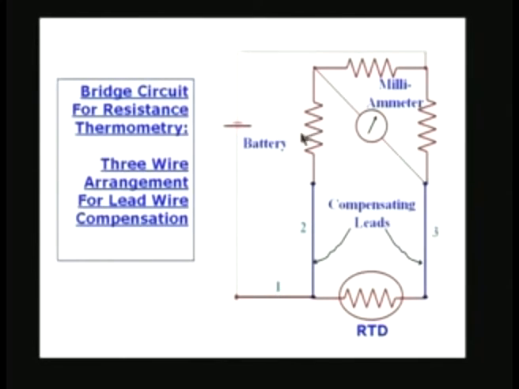So, if I vary the resistance here, so that there is a balance, because the RTD resistance has changed, the change in the resistance indicated by this one is going to be, if I, for example, choose these 2 resistances equal in magnitude, these 2 are equal in magnitude at some particular point, let us say 0 degrees Celsius.